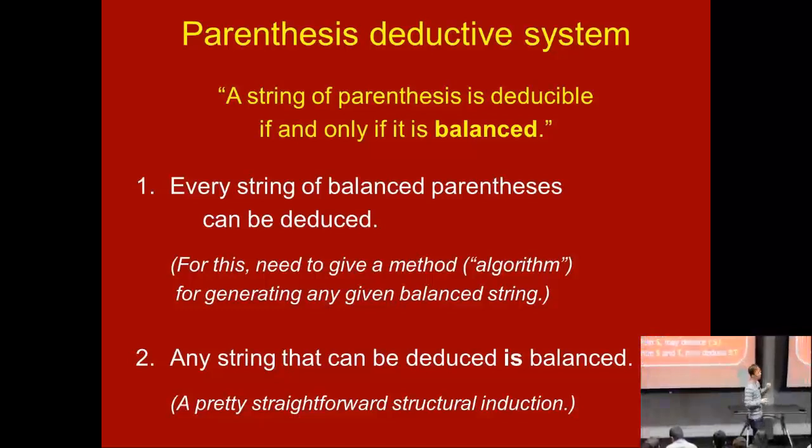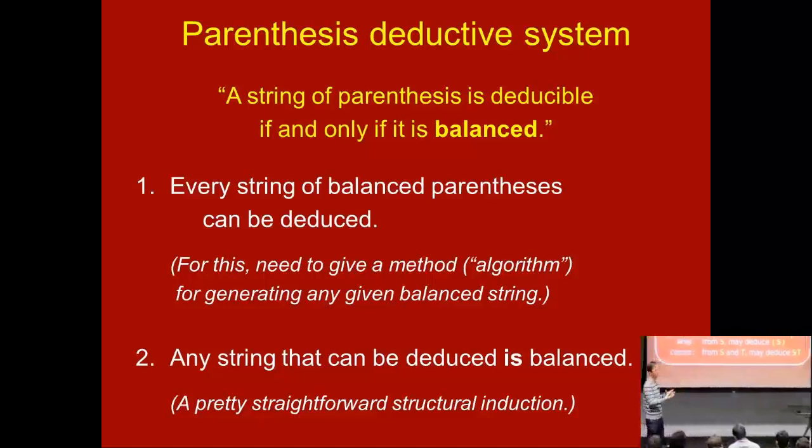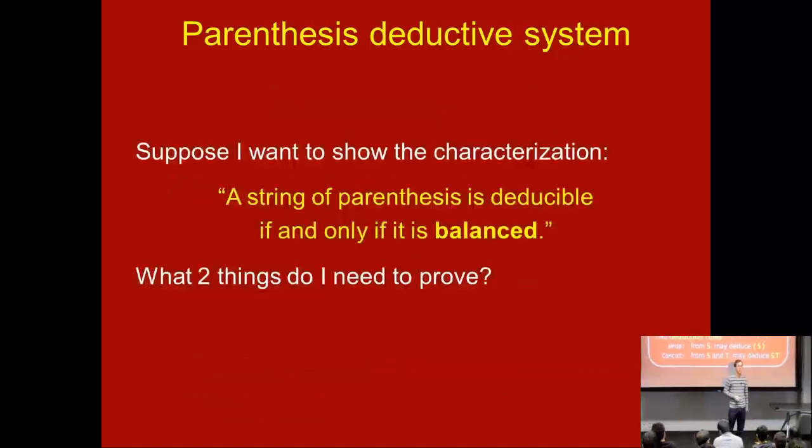The last thing we'll talk about, I'll base it on this other deductive system, the parenthesis deductive system. Let me remind you, this is the one where the objects are strings of open and closed parentheses. The initial object is just left-right parenthesis, of length 2. And there's the wrap rule where you put parentheses around something you already have. And the concatenation rule where you stick together two strings that you already have.